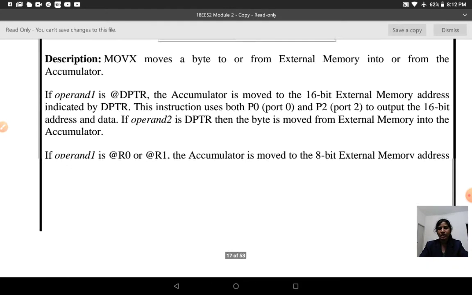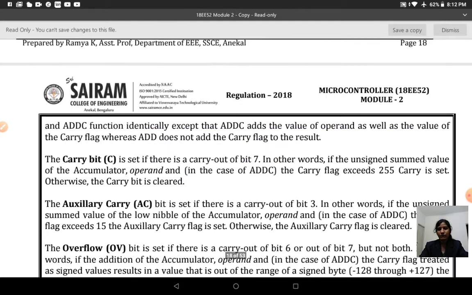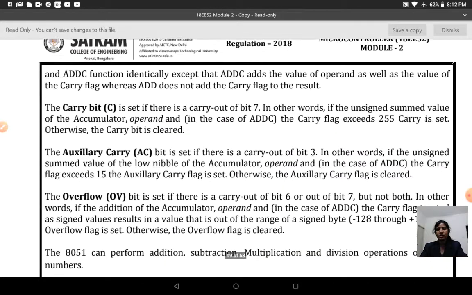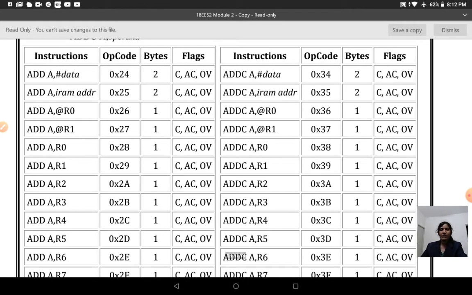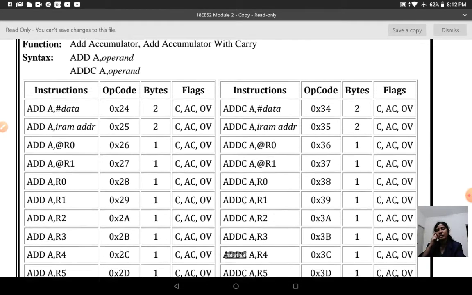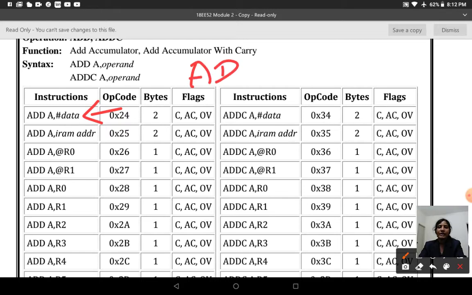You can see here, the next one is ADD A comma hash data. When your assembler executes this particular instruction,